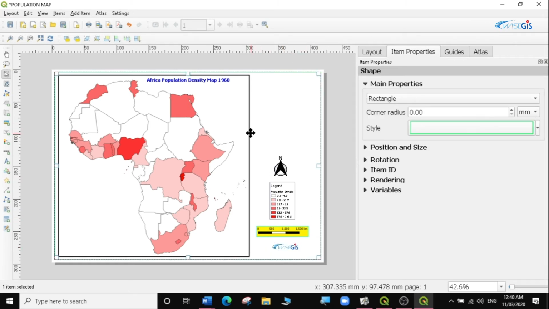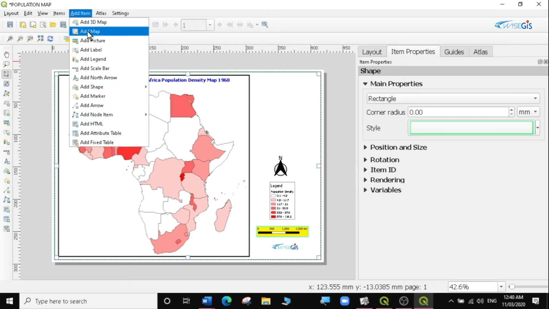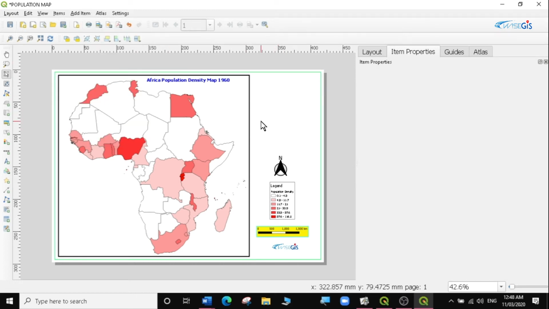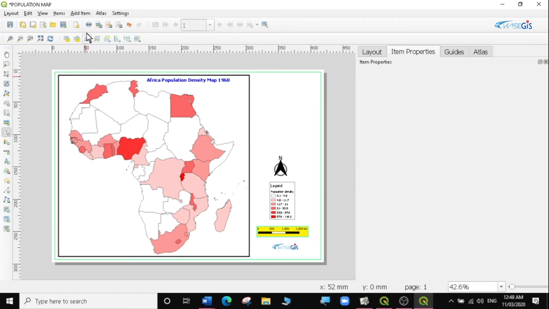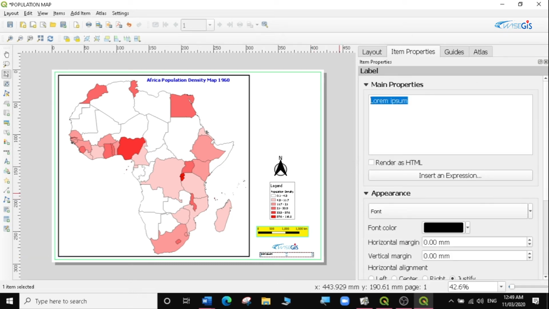So the next thing you can do is add any kind of picture that you want using that add item, then add picture. The next element I'm going to add is credits. If you want to add credits, you just come to add label, because they're still part of text data. Any kind of text data you can add using the add label. So I'm going to select where I want to add my credits. I'm going to say my data source